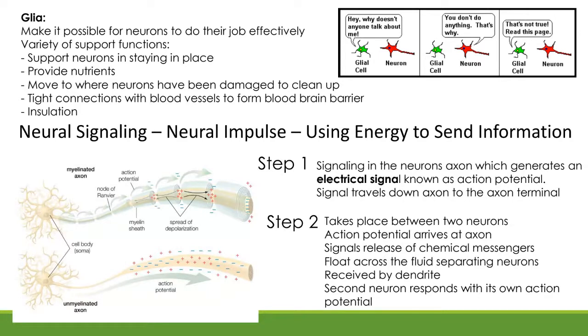That's the second step. So it takes place between the two neurons. So how does it move from one neuron to the next? It arrives at the axon and it releases those little neurotransmitters at the end of it, and they float across the fluid, the synaptic fluid that separates neurons, and it's received by the next neuron, which then also creates its